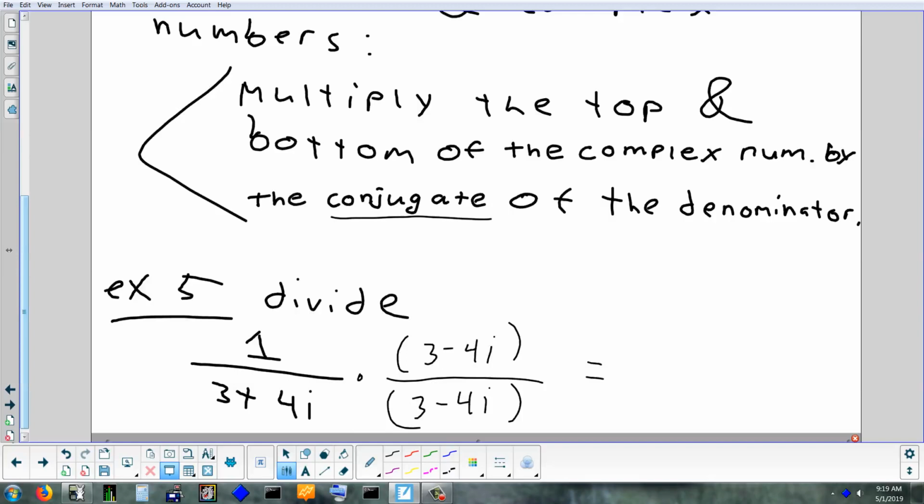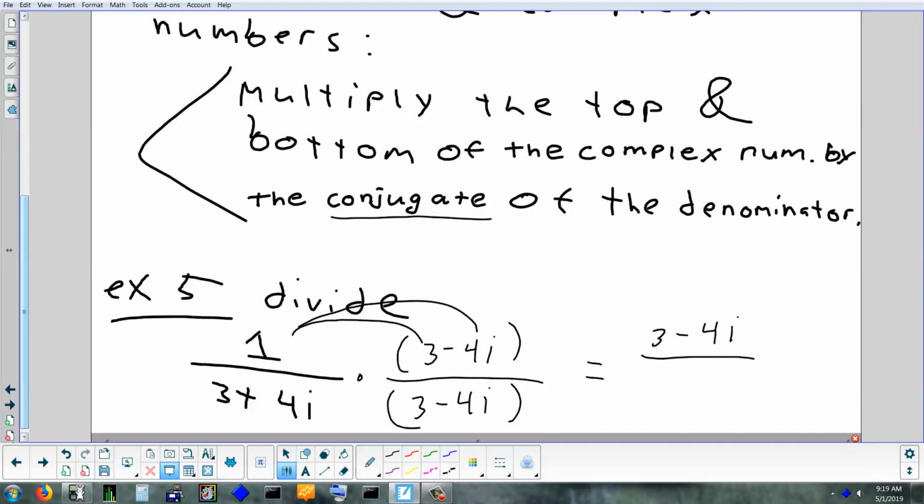Okay. Now, we have to multiply it out. The top, that's pretty easy. We're just going to distribute the 1. Is that going to change anything? What do you think, Matt? No. When you distribute the 1, it just stays the same. If it was a number different than 1, it would change it. Right? So that's just 3 minus 4i. Now in the bottom,